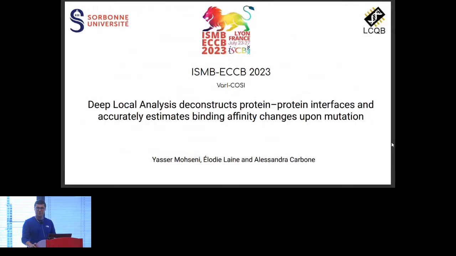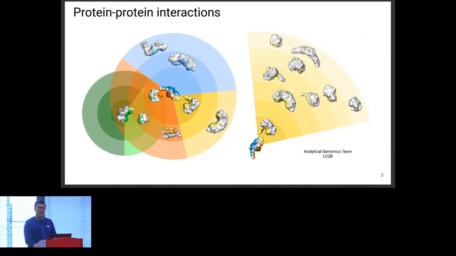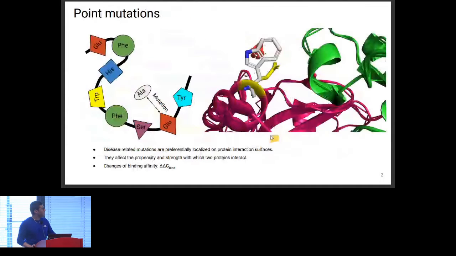Proteins are an essential part of the cellular machinery, and a protein interacts with other proteins using multiple interfaces. It can also use the same interface to interact with other proteins, with some of them with low binding affinity and with some of them with high binding affinity. A point mutation is a substitution of one amino acid by another one, and disease-related mutations are preferentially localized on